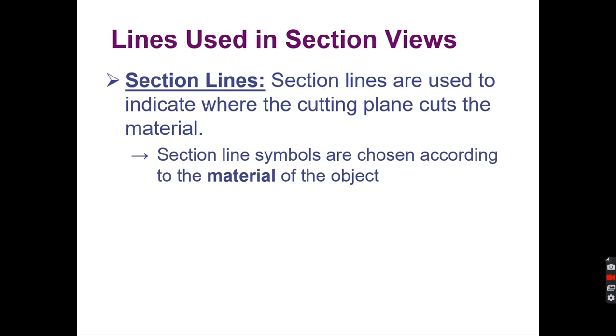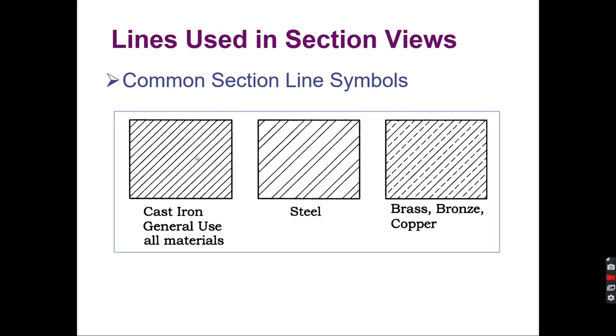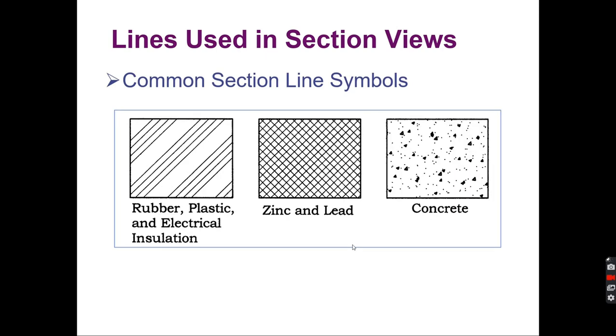Section lines are used to indicate where the cutting plane cuts the material. The section line symbols are chosen according to the material of the object. This is used for cast iron, general use. This is steel, brass, bronze, copper, rubber, plastic, electrical insulation, zinc and lead, concrete. These are all